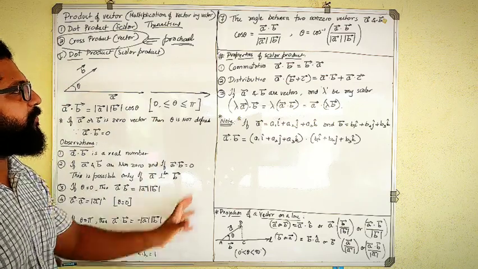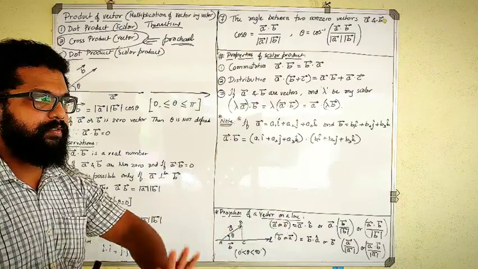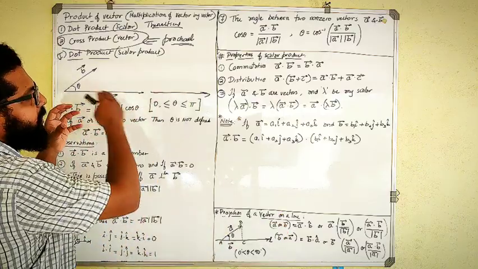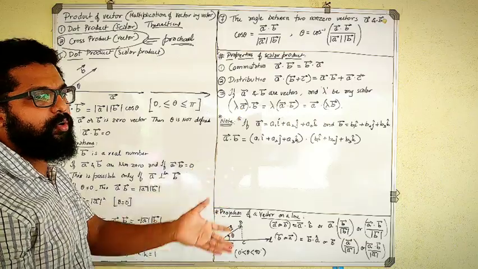So dot product is mainly for theoretical calculations, so we'll study it in that way. Don't take much tension. What is this dot product? How will it look, and all that?